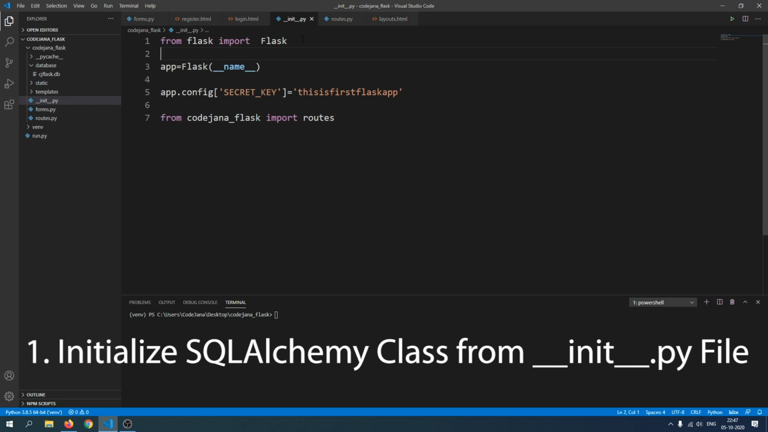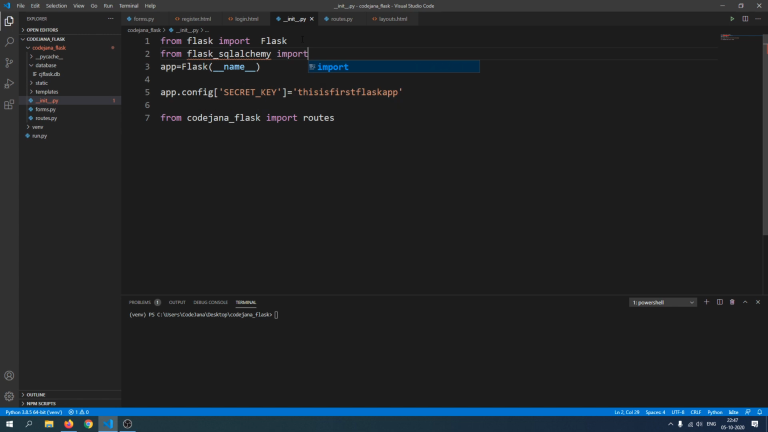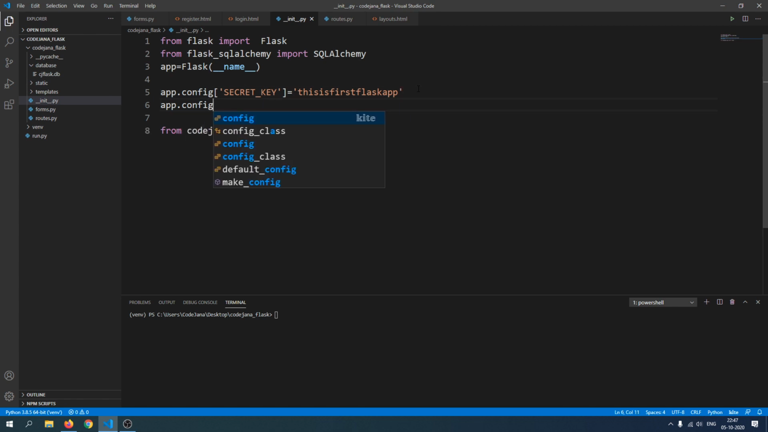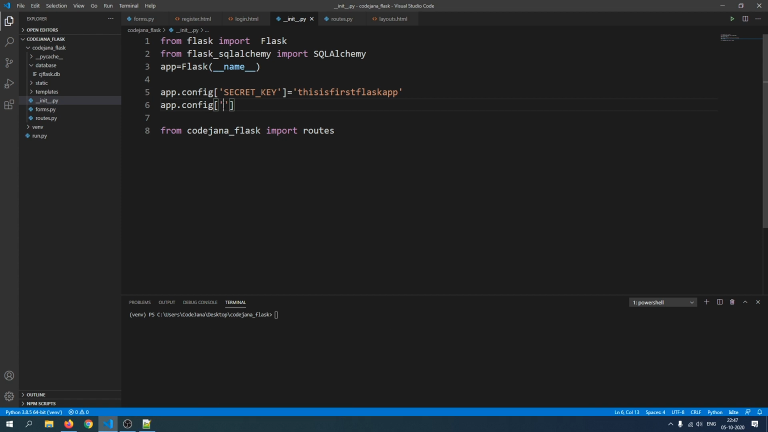Alright, from the top, from flask_sqlalchemy import SQLAlchemy. So we are going to import this class. After that, we need to configure this app. So app.config, and in here we are going to assign a database URI, which is the resource identifier for this file that we are going to save. So that's SQLALCHEMY_DATABASE_URI. Alright, and that equals to